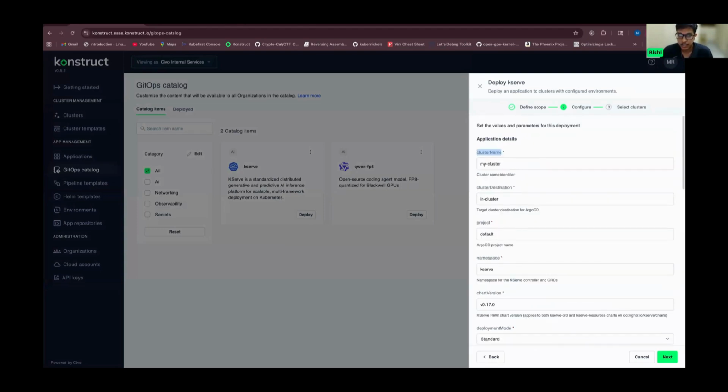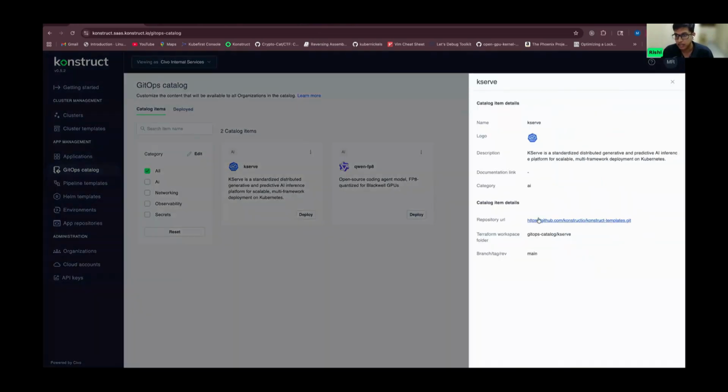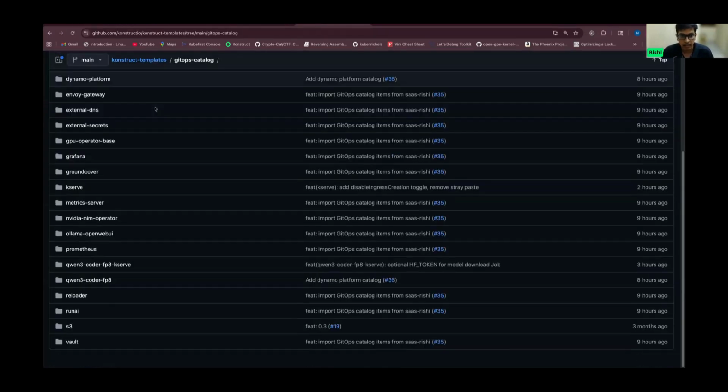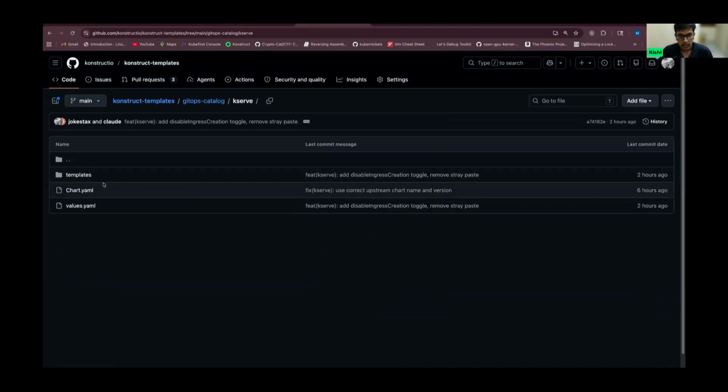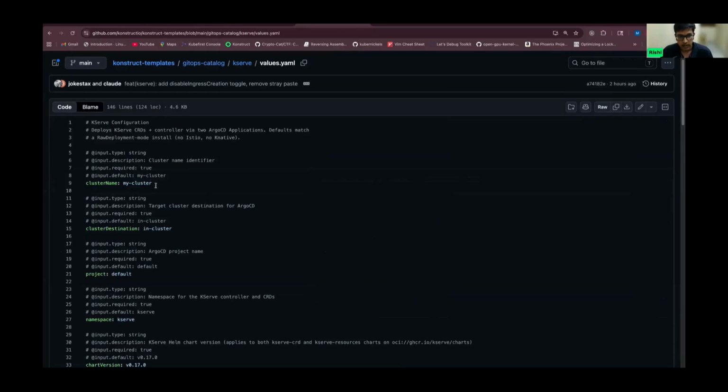So this is from our upstream templates. So for example, if I just go to the information page on this thing, so the details of this particular item is coming from our upstream templates called Konstruct templates under GitOps catalog KServe on the main branch. So if I go to that particular branch and in that particular path, so you see, so this is a Helm-based engine. So it's just going to be the values from the values.yaml in this format that we opinion a